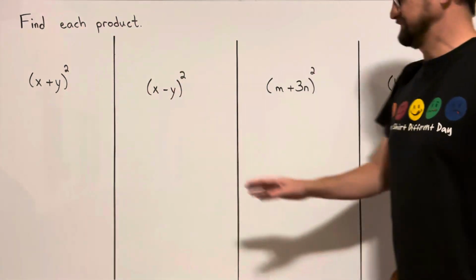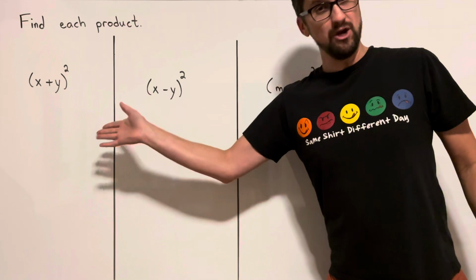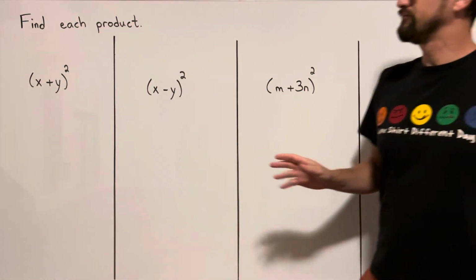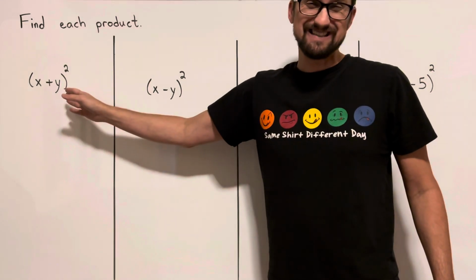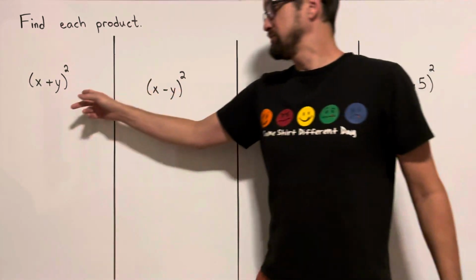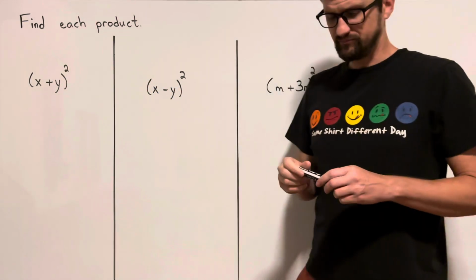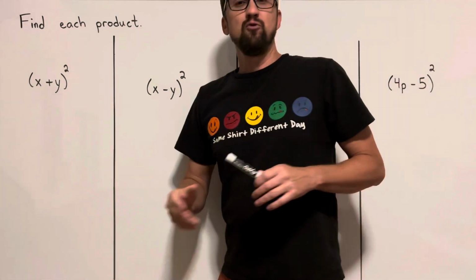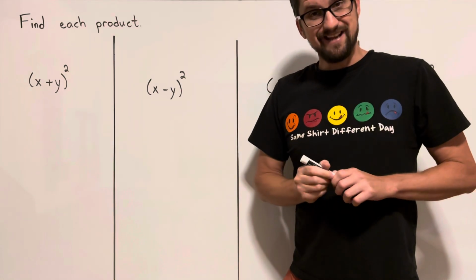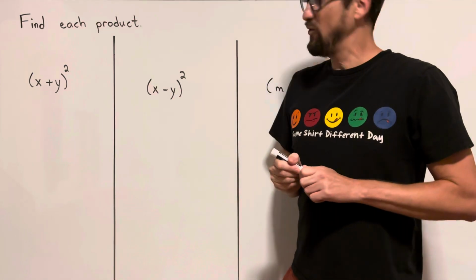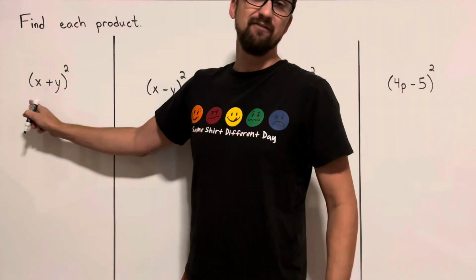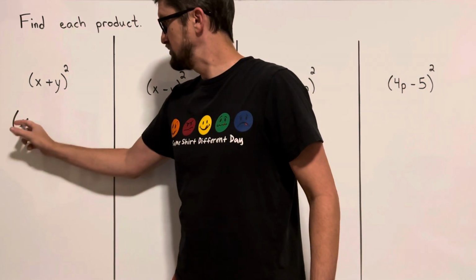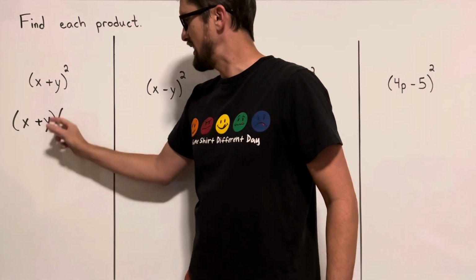Find each product. We have binomials being squared in each of these. We'll start with this first one. We have x plus y in parentheses squared. Now there's a formula for this, but if you don't know the formula, you could write it twice and FOIL. The squared means we have two x plus y's. So one way of working this, you can do x plus y times x plus y,